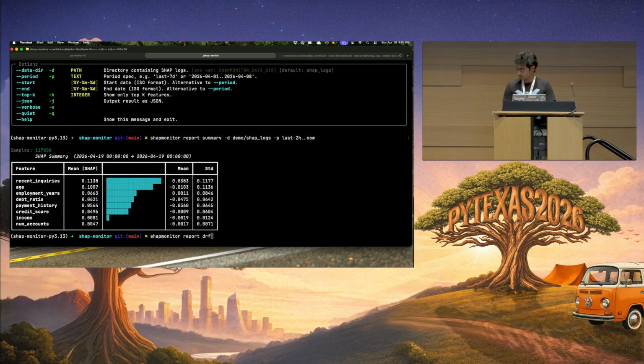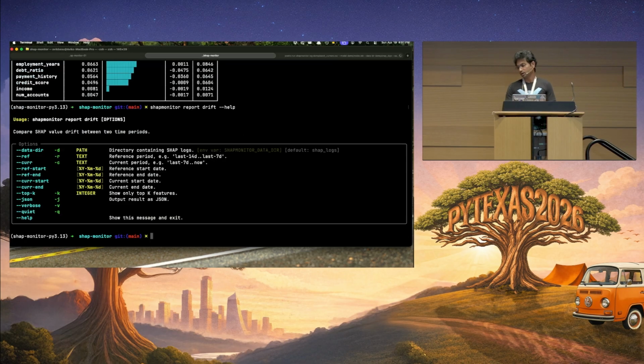drift. If I look at the help, it's basically compare the SHAP value drift between 2 time periods. So let's say you had a model running yesterday versus a model running today. How do those predictions differ? So how do you do that?